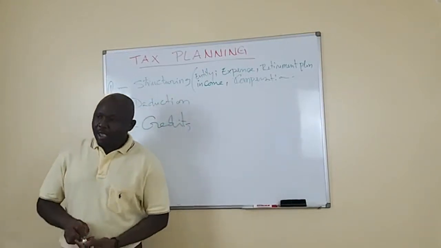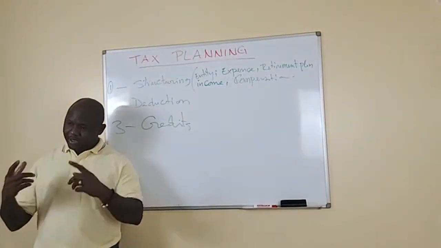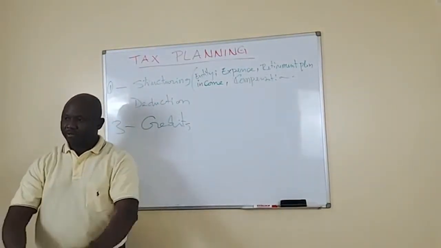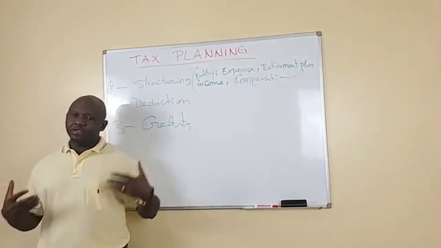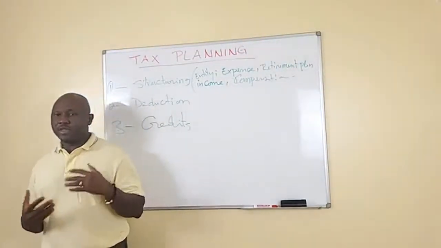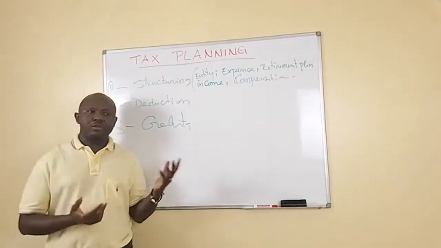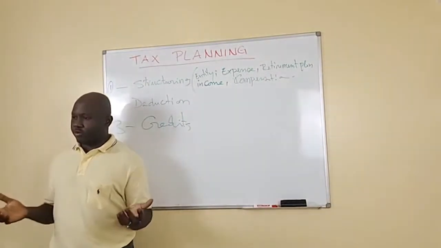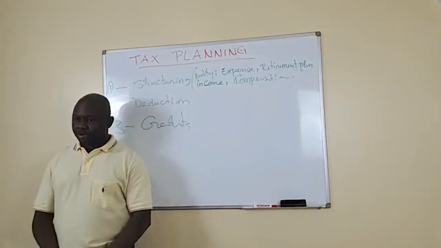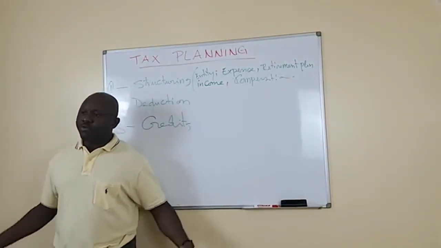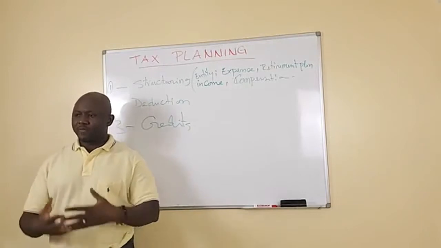Is credit. If you know what you can get as a credit, you will conduct your business the way that you can take that credit. Basically, at the business level, as well as on the personal level. It even depends on your area of activity, whether you're a teacher or a nurse or a lawyer or an accountant, what are credits available to you? Or your business is involved in the environment, what are credits available to you? What are the criteria to be able to take those credits? Those are what you need to consult a tax professional for.